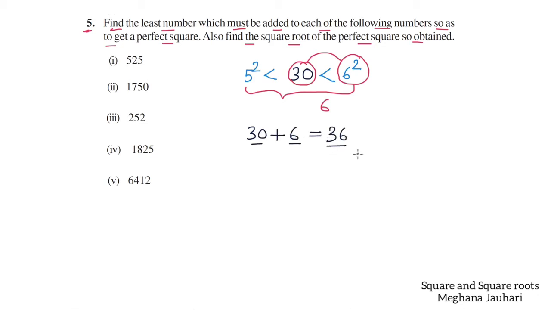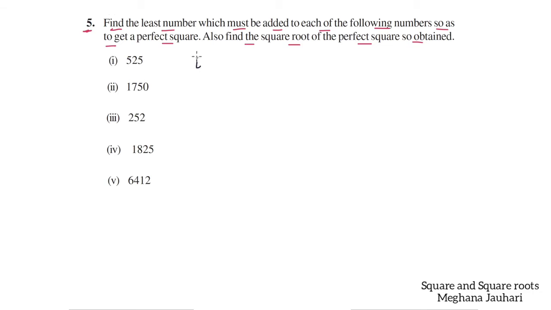So this is the strategy we are going to apply to each of these given numbers, and we will use the division method for this purpose. So let's see carefully and understand the concept we are using to solve this question. So let's start with part 1, that is 525, right? We will use the division method to find the square root of this number, starting from right to left, pairing the digits as we always do.